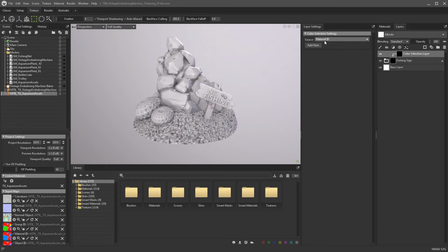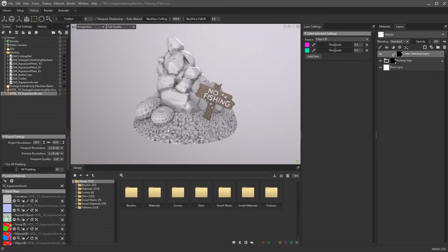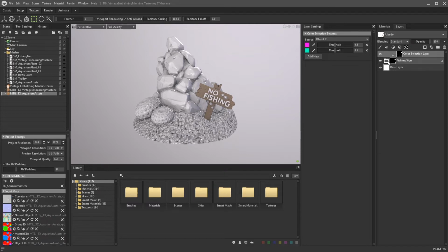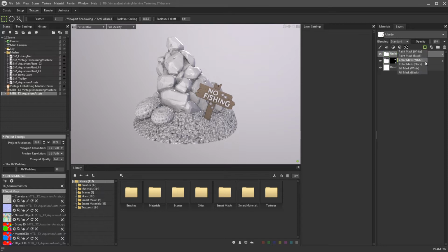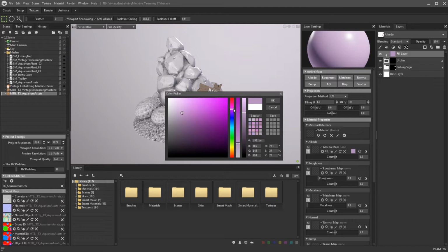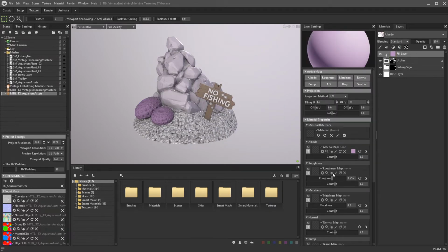For the no fishing sign, I'll begin by blocking in just a flat brown fill colour so I can set up the mask with my object ID map. As you can see, I baked 3 different ID maps. The object ID map in this case just registers individual objects in your high poly, which is useful for selecting separated objects. And so now it's just a case of me repeating this until I've got my folder structure set